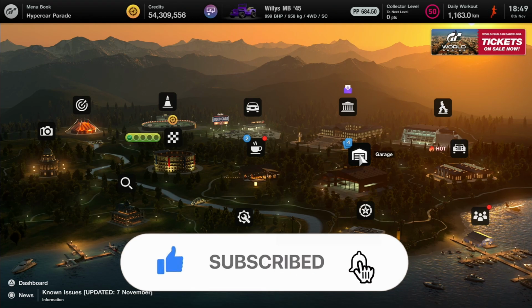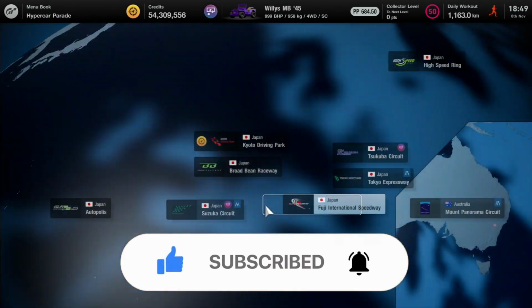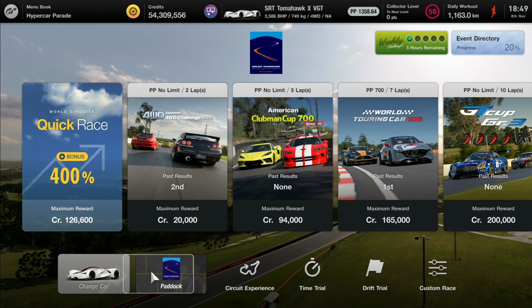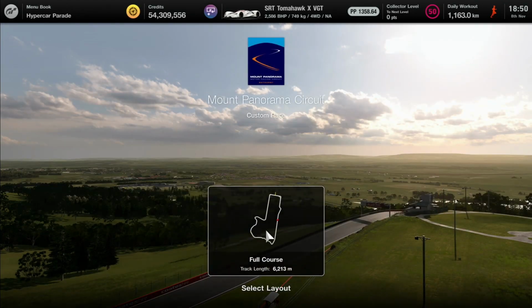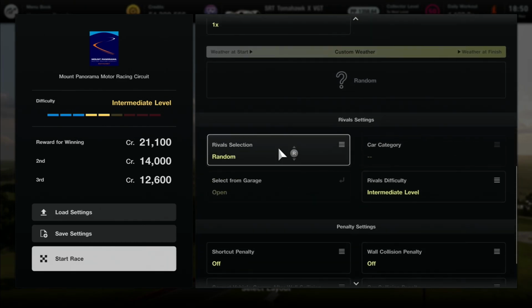And let's get into setting up this race. So come across to World Circuits, go to Asia Oceania, and then across to Mount Panorama Bathurst. Click on to custom race, and if you don't already have it set up, jump into the Tomahawk and then go to custom race. And when you go to set this up, scroll down to the rivals section